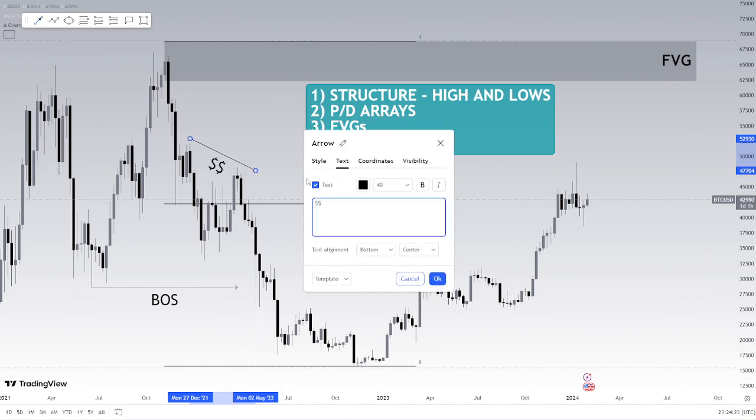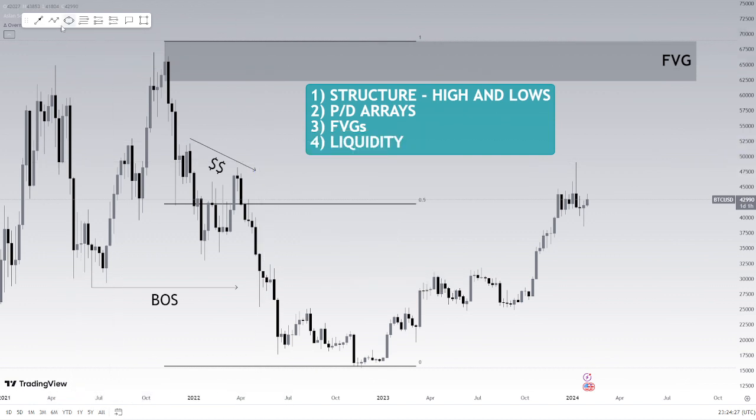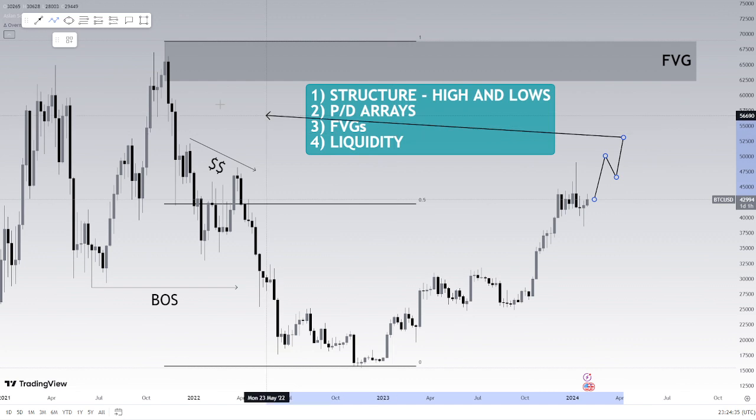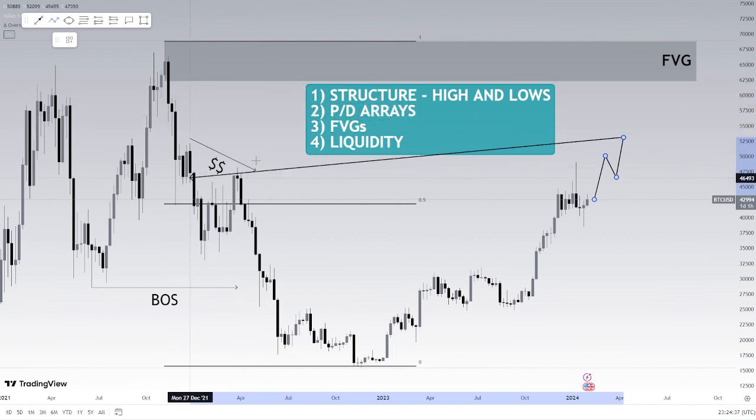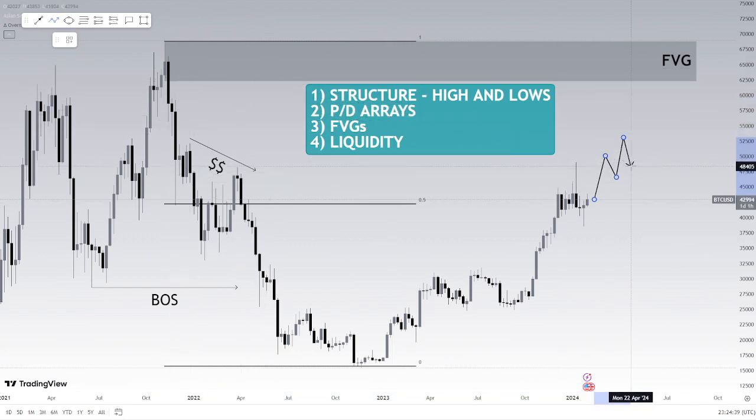So when we see price head up, we need to understand why price is heading up. It's not heading up for the sake of it. It's heading up for these four reasons. Structurally we're bearish, cool, but we're delivering a premium in this case. We're filling a fair value gap, and we're sweeping liquidity, right? So the Bitcoin market has reasons to seek higher prices for these reasons that we've identified.